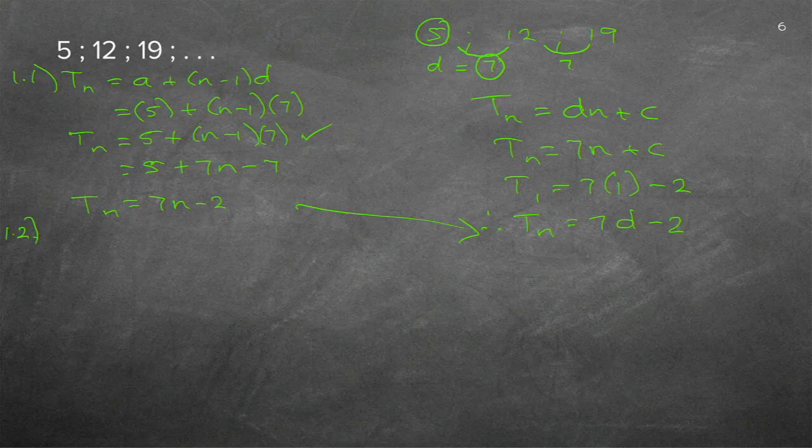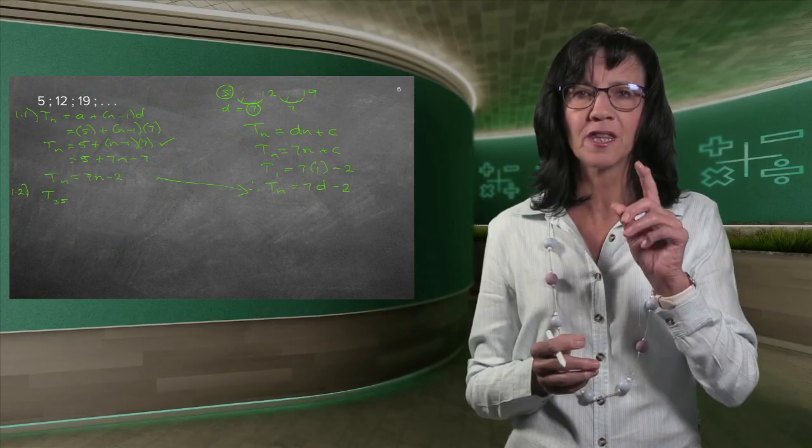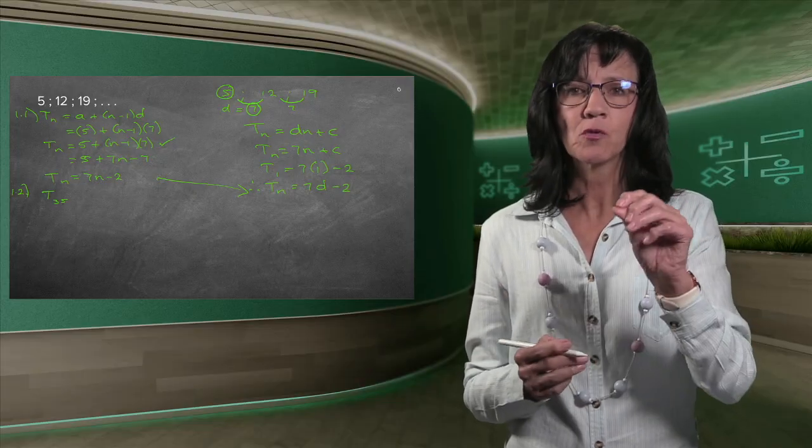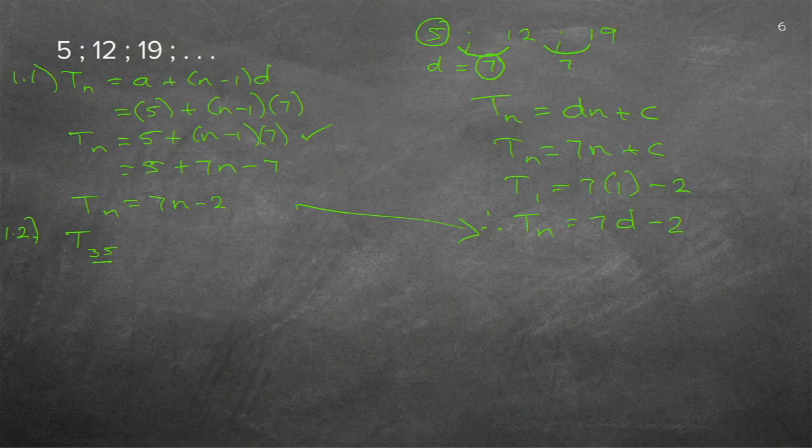Then secondly, 1.2, they ask term 35. Now, if they ask you to find T35, it's very easy to see, I need to find T35. If they ask you to find the 35th term, you must make very sure that you know the 35th will always be your n. That's why you are replacing the n with the 35. So if I have my formula now, I'm just going to use this easy one, 7n minus 2. I can just, in the n space, fill in 35, and I can do that on my calculator and get the answer. You can check the answer afterwards. We're not going to waste time.